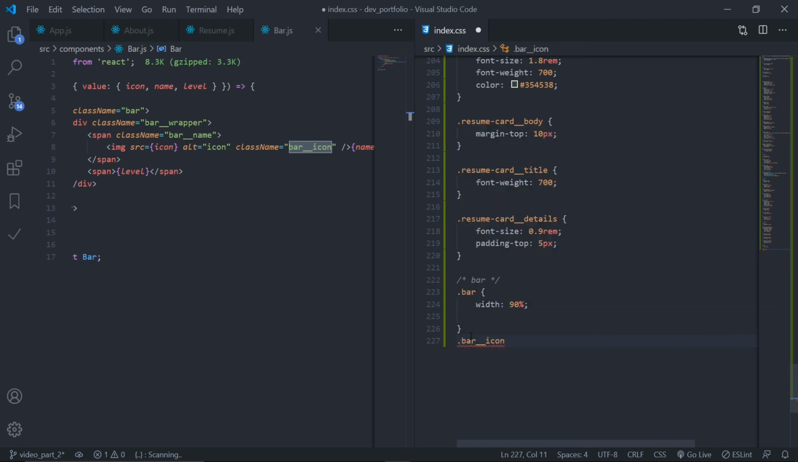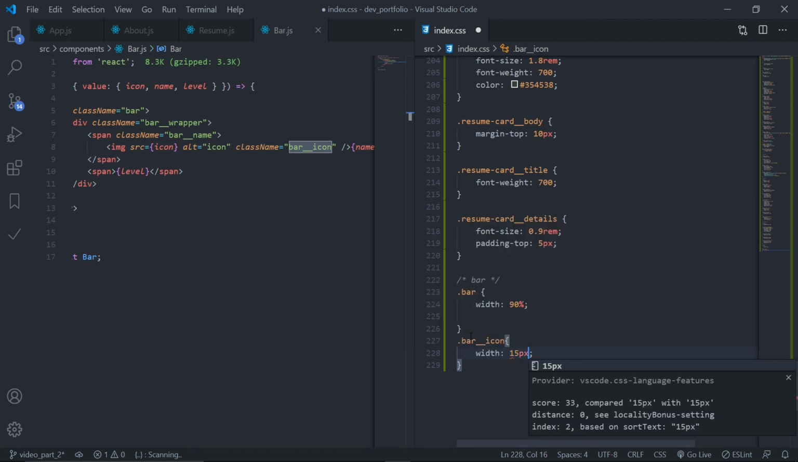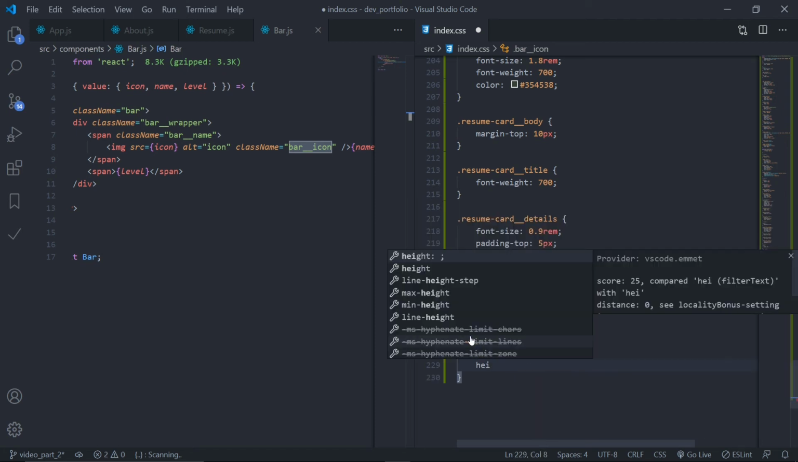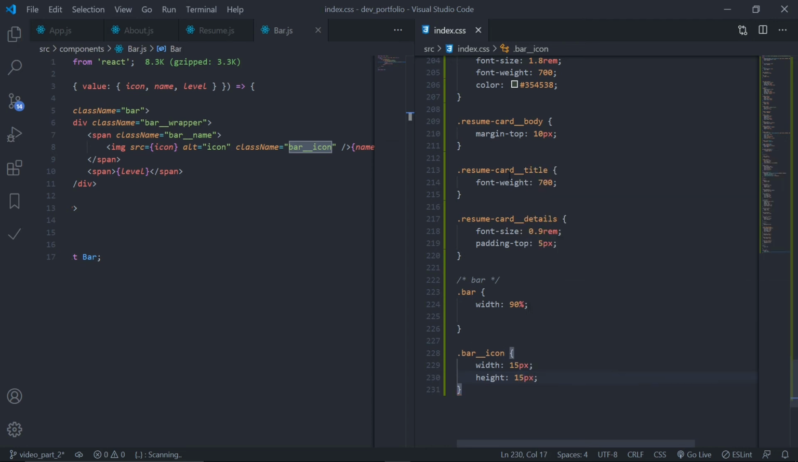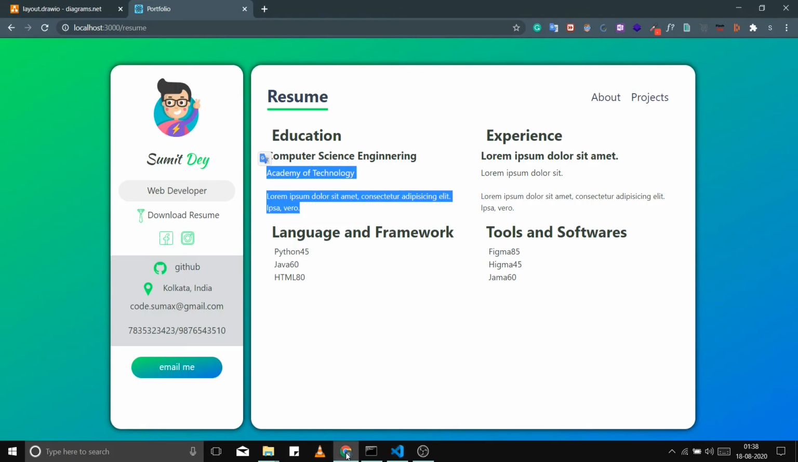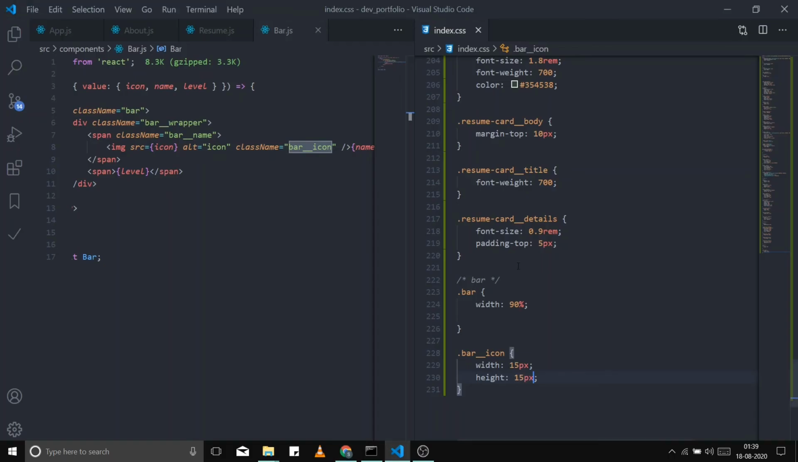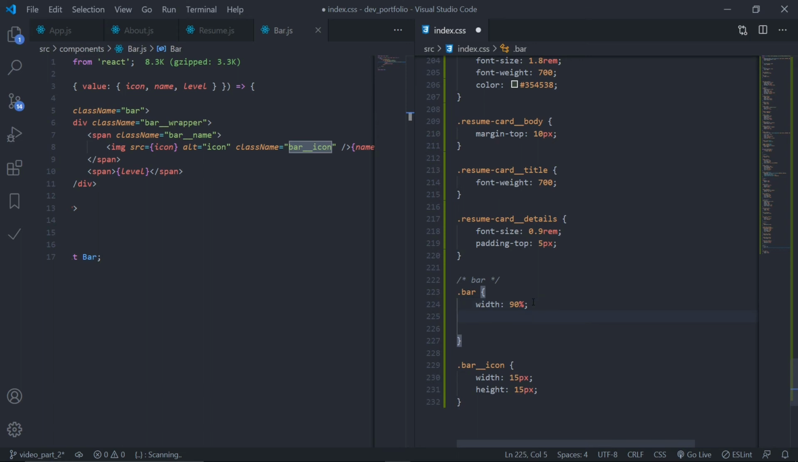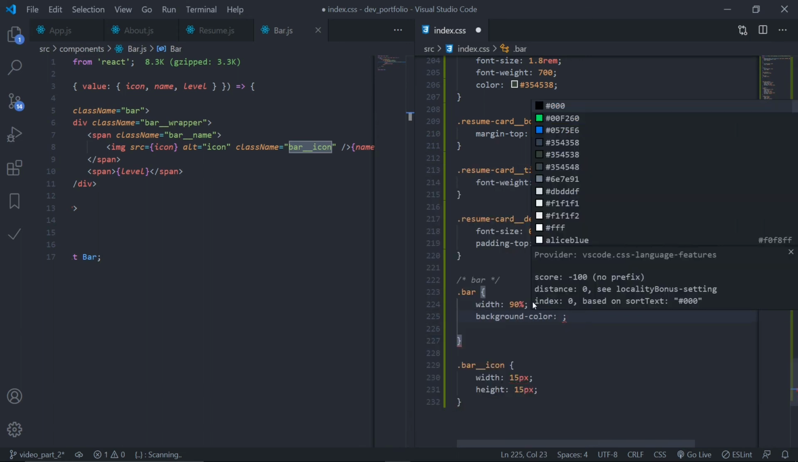Dot bar icon, and width of 15 pixel, height of 15 pixel. Fine, let's look at this. Yeah, so let's go to bar again, which is with 90%, and then I want a background color of